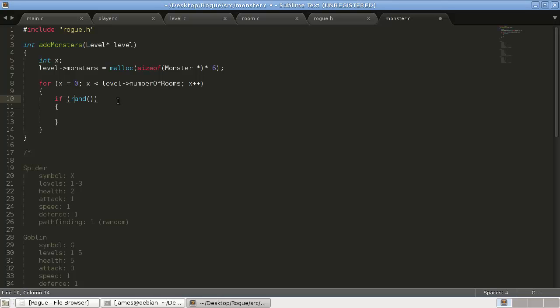So if, another bracket around it, and we want a 50% chance, so is it 0 or is it 1? So %2 will give us a number between 0 and 1. And we're going to say if it's equal to 0, then we'll add a monster. So that's just 50% chance that there's a monster in a room. Okay, so if that is true,